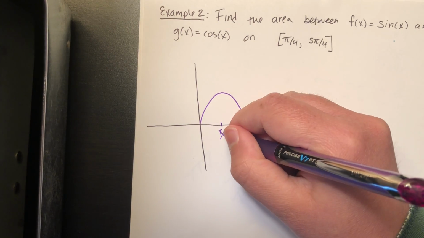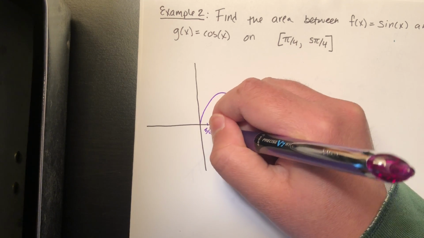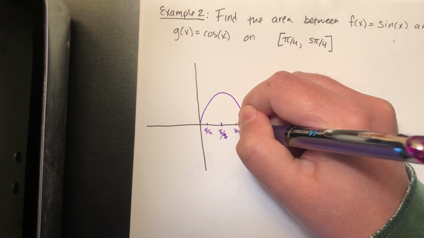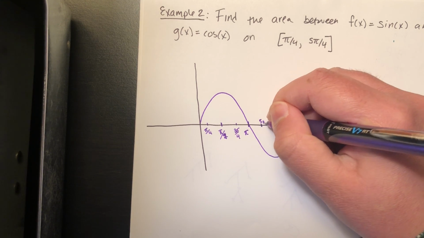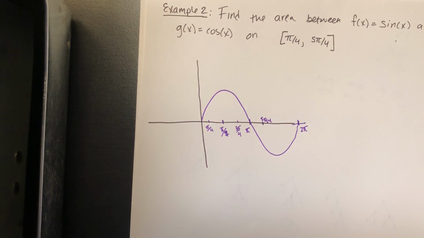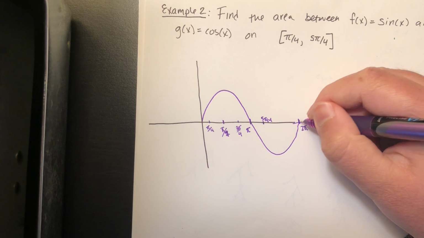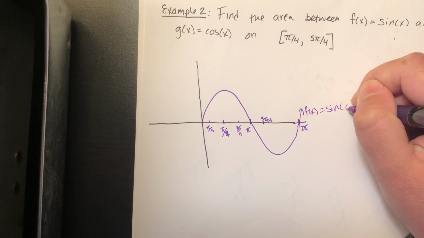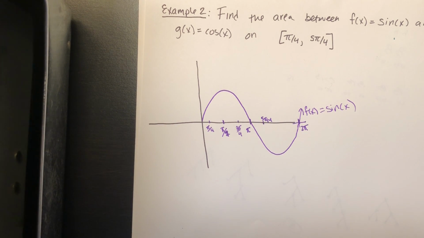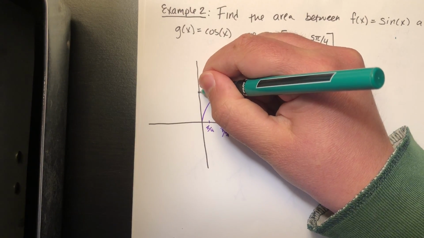Oh, sorry, this is pi over 2. So that's pi over 4, 3 pi over 4, and this is going to be 5 pi over 4. Okay, so this is the function sine of x, and then cosine of x starts up here at 1,